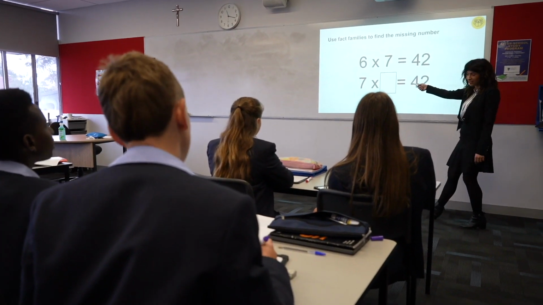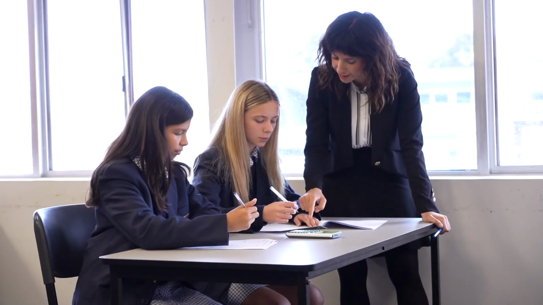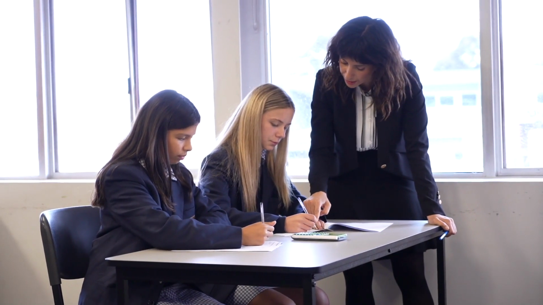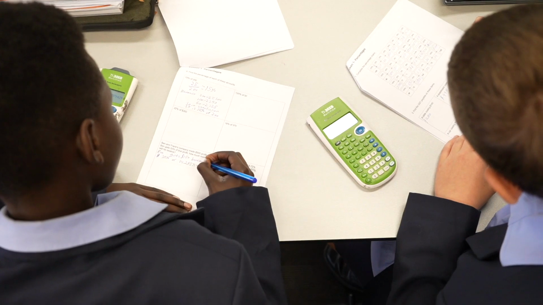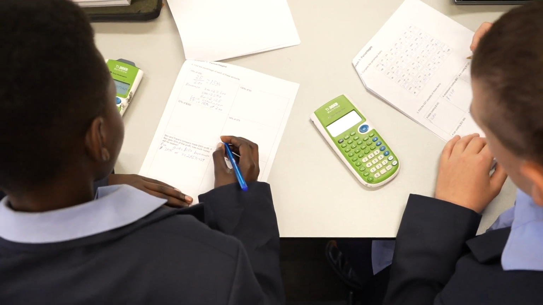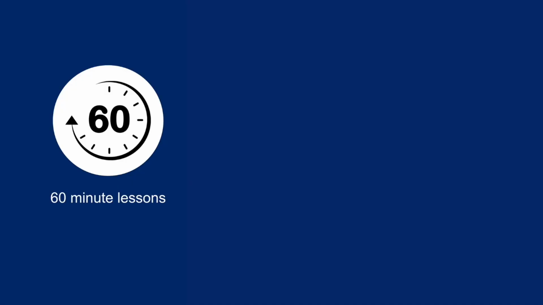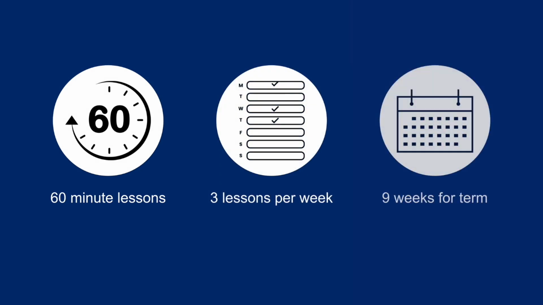We also acknowledge the diversity of learners that will be accessing these from all over Australia and in all different contexts, and we have been very mindful of that while putting these resources together. There are 3 60-minute lessons per week, planned for 9 weeks per term. This allows flexibility with timing to suit needs of each setting, taking into account planned and unplanned interruption to teaching